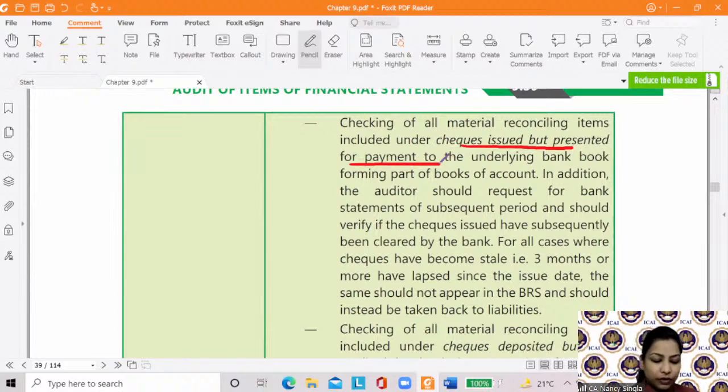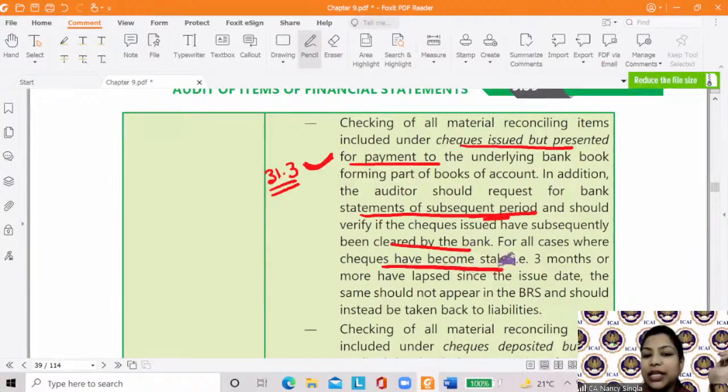ठीक है, दिस इज वन ऑफ द रिकंसाइलिंग आइटम ना, तो चेक्स हैज बीन इशूड बट दीज आर नॉट बीन प्रेजेंटेड, सो व्हाट कैन ऑडिटर डू, he can check the statement of subsequent period. ऐसा हो सकता है ना कि 31st मार्च तक तो it was not presented, but अप्रैल में it was presented, तो subsequent period है ना, जो भी है उसमें देख लो ना, हो सकता है उसमें present हो गया हो, and it has been cleared by bank, simple, ठीक है।